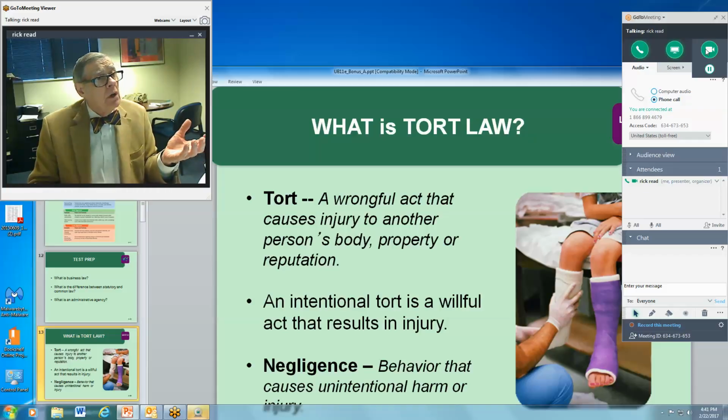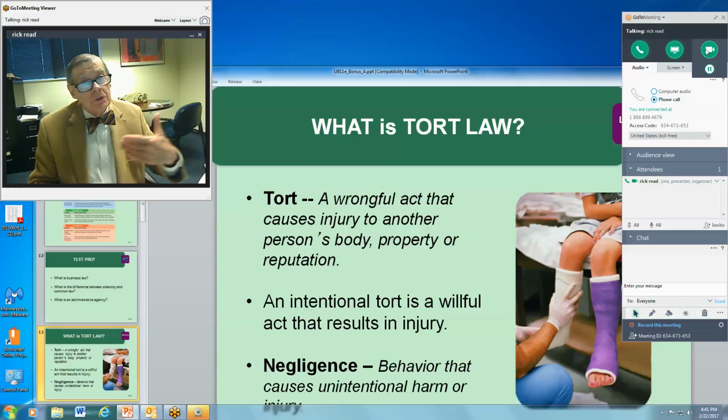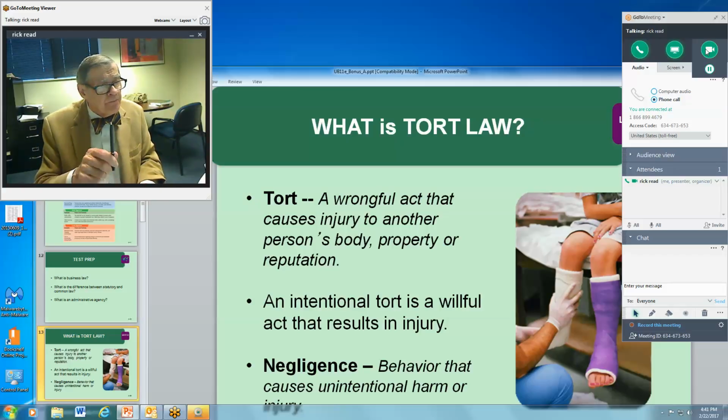And so that person is held accountable for his or her transgressions and is brought to stand before the bar. That's what it's known as, standing before the bar, and defending him or herself. Now, a tort is a criminal act. And I want to point out to you that in criminal cases, not civil cases, criminal cases, a defendant must be found guilty beyond a reasonable doubt.